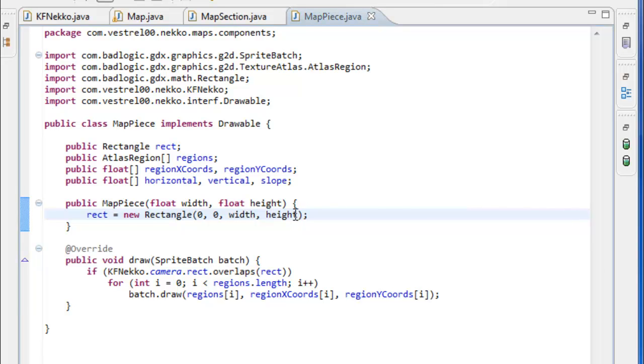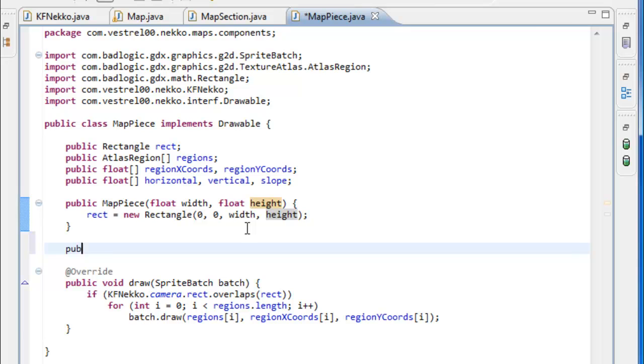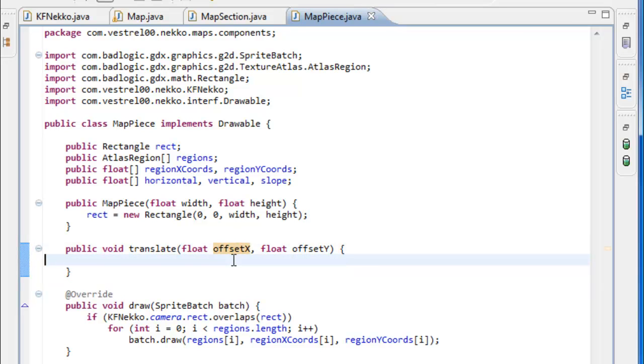Okay, now we're going to have an interesting function here. The translate. The way we're going to do this is whenever we're creating a map piece, we're always going to start at 0, 0. So if you guys have worked with OpenGL before, you'll know that objects are created in object coordinates, and then you bring that over to world coordinates. Now in a lot of cases, the world coordinates and the object coordinates are the same thing, but here what we're going to do is whenever we're creating pieces, like for example, let's see,